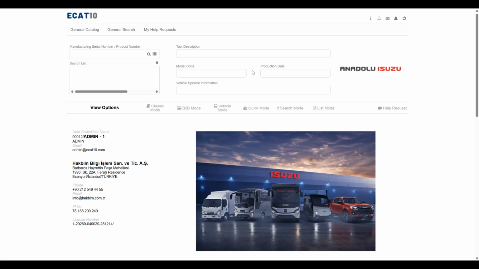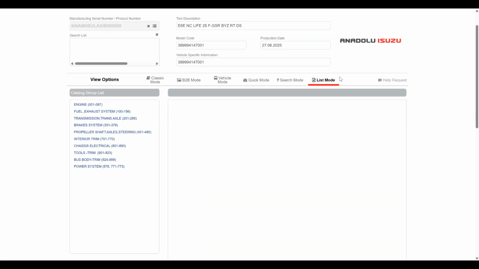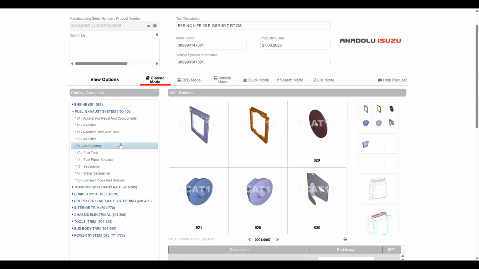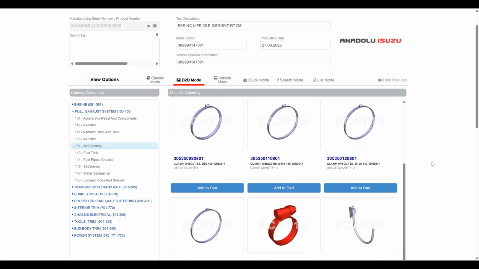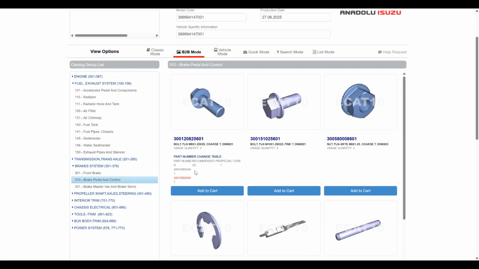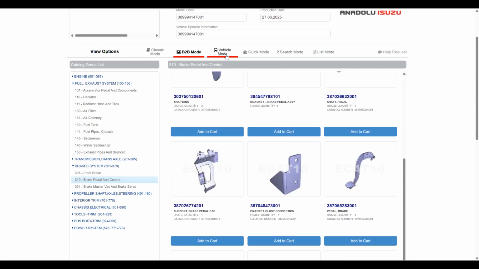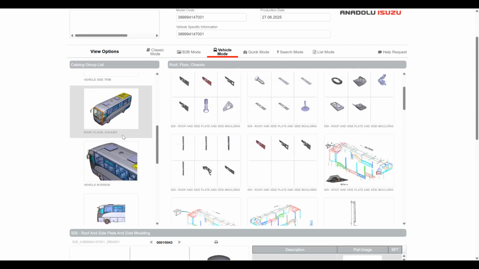Enter the VIN number you would like to search for and start the search. Once the search is successful, all relevant vehicle information will be automatically displayed on the screen. From the Display Options section, you can select your preferred mode to access part details. If you would like more detailed information about these modes, you can find the related video links in the description